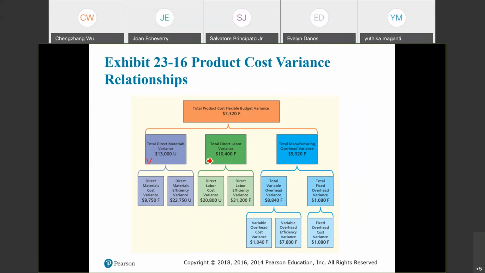Total direct material plus total direct labor plus total variable overhead variance are pretty much similar because they are variable. But by variable, I mean the total amount